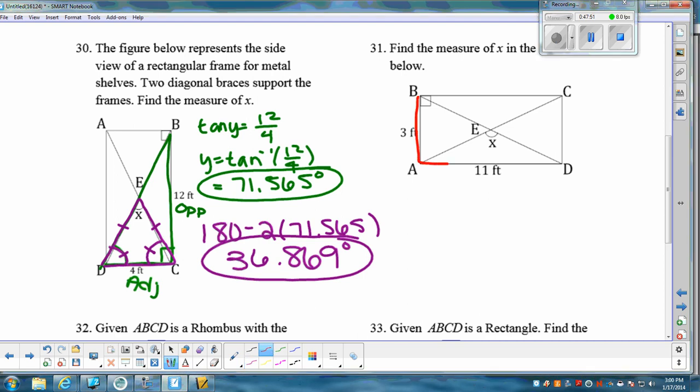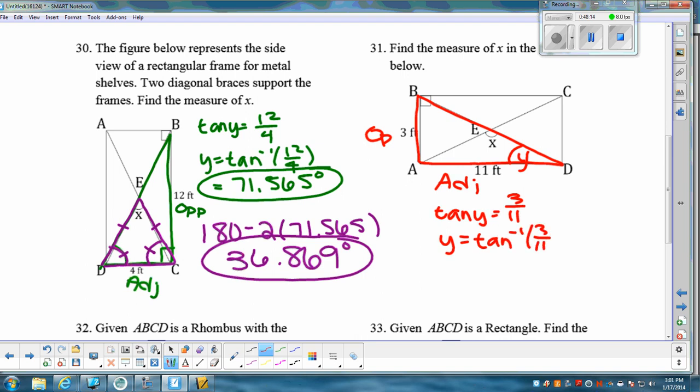I do the same thing in number 31. Here's my right triangle this time. So I'm going to look at angle BDA. I'm going to label this as angle y. 3 is my opposite side. 11 is my adjacent side. So the tangent of y equals 3 over 11. Makes y equal to the tangent inverse of 3 over 11. So y equals 15.255